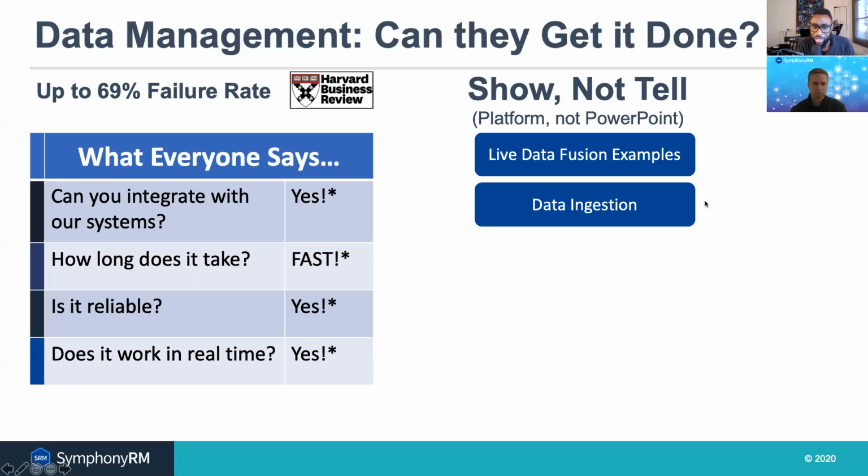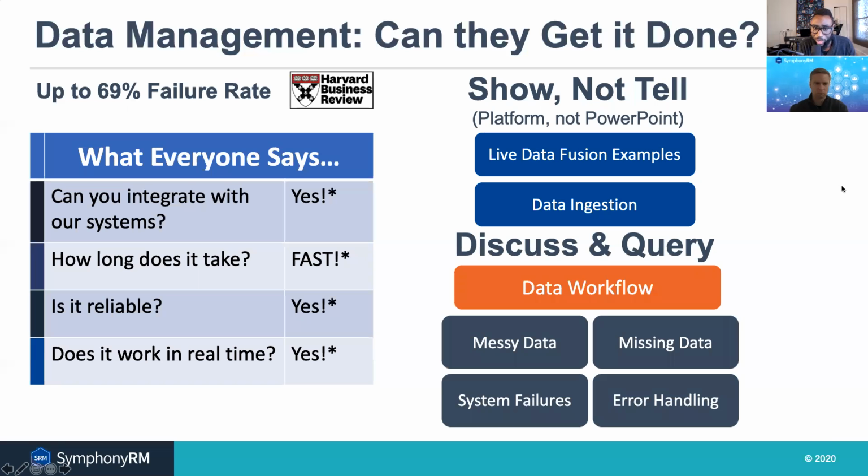Also, as far as data ingestion, this is to get at least a little bit of a picture of the story. Can we take a CSV? Can we take an Excel file and ingest that into the platform? What are some of the specifications and ramifications around that? Because we don't want to be stuck in a scenario where there's weeks and weeks of iteration before we can start getting any value from a platform.